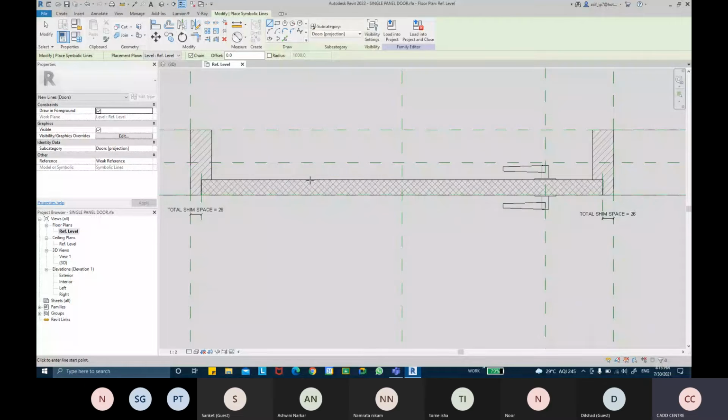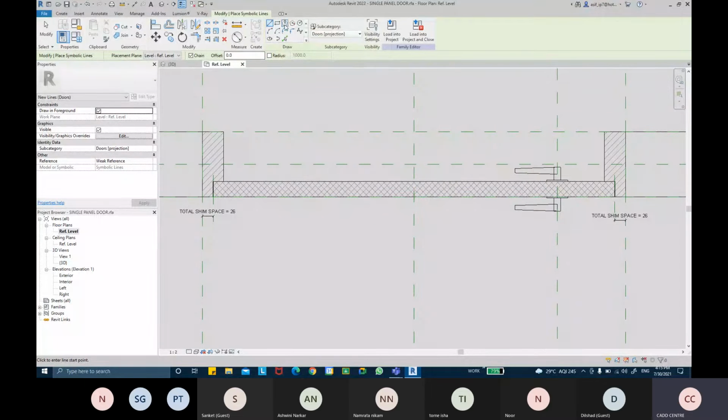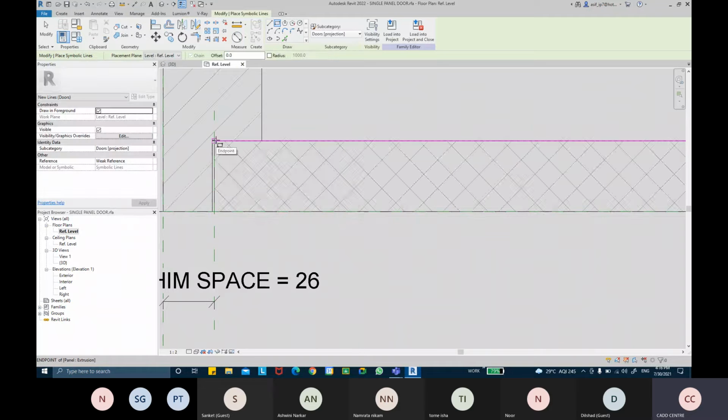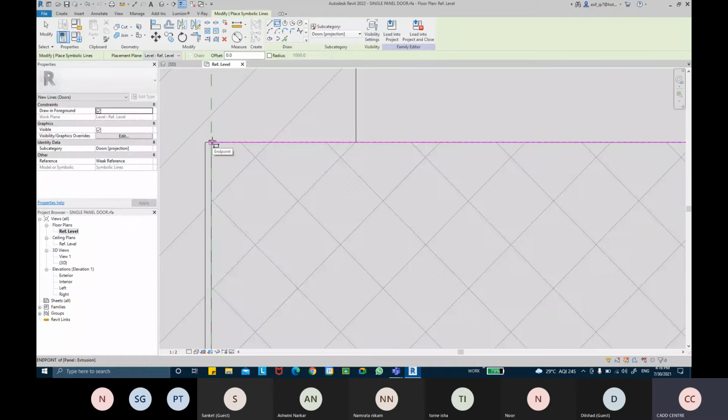Once you take the symbolic line action, we can create a rectangular shape starting from that end point, not from this end point, but from the end point where the shim space is there,